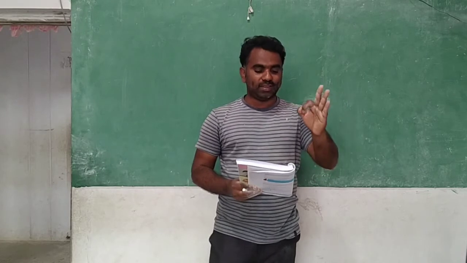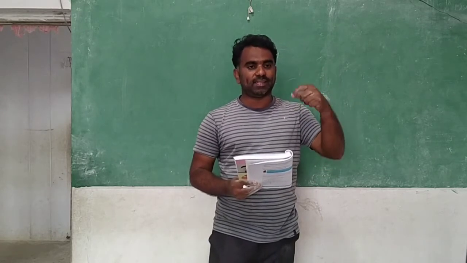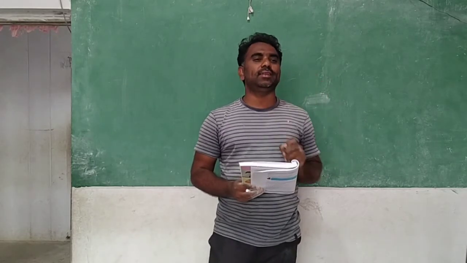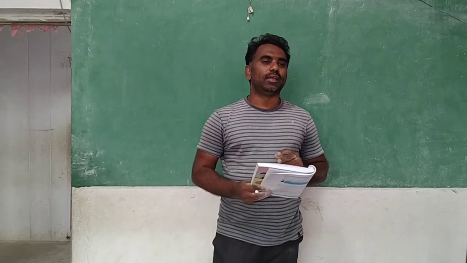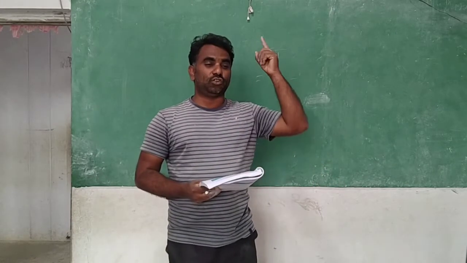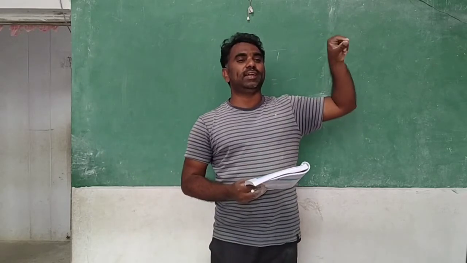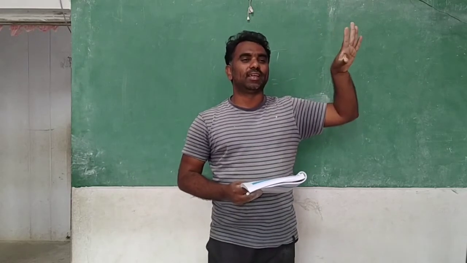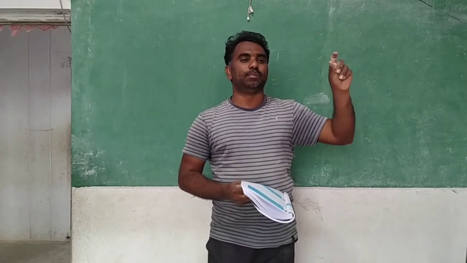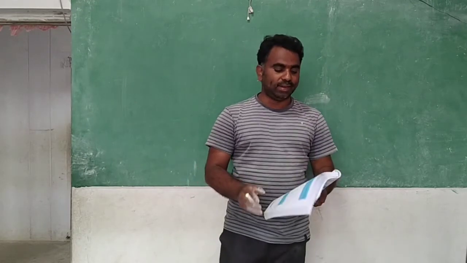And one more question is asked to you: do all equivalent fractions of 6 by 7 represent the same point on the number line? Yes. Why? Equivalent means, yesterday I said to you, what is the meaning of equivalent? Equivalent means the number only looks different, but the quantity is the same. Okay, I will show this.